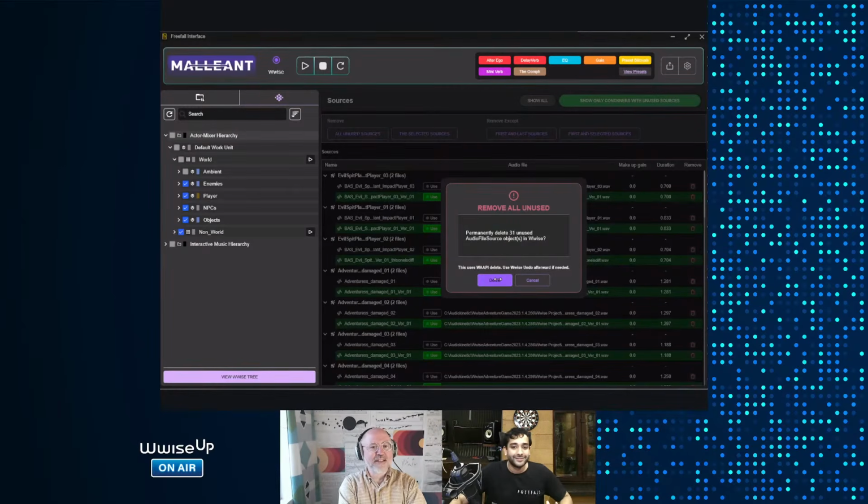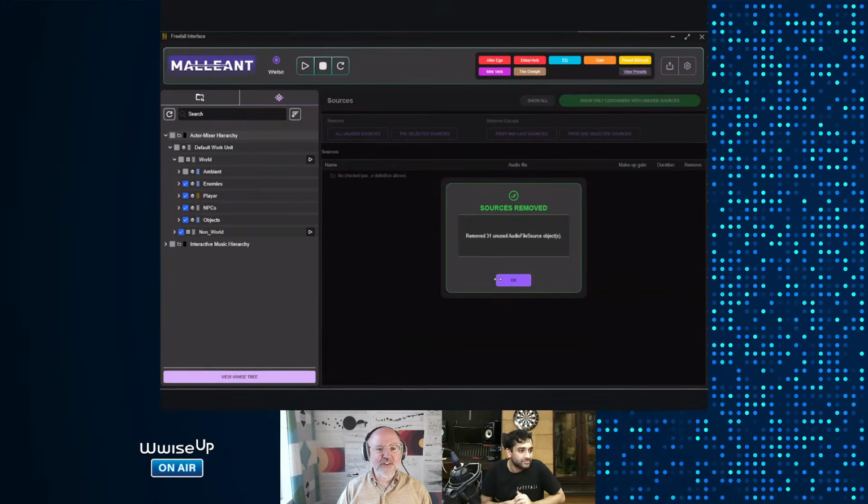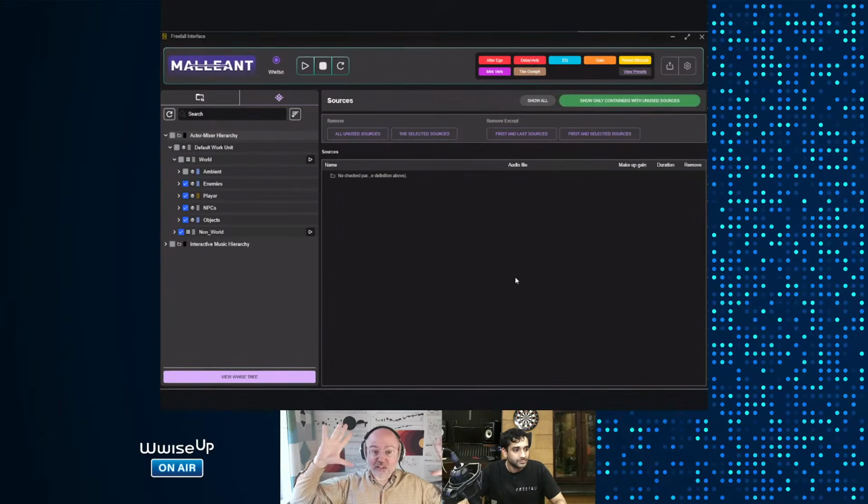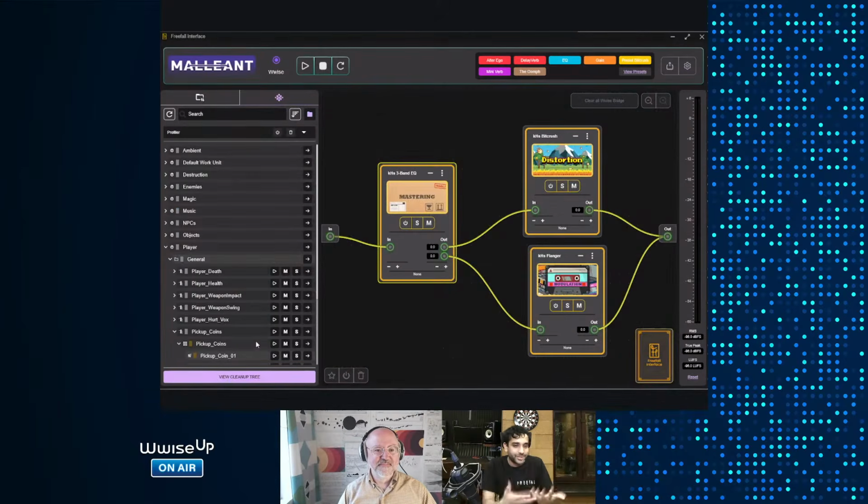And we've all gotten to that part of a project where there is content littered throughout that is unused, and we could really stand some clarity with what's actually being used in the game. So this seems like a great way to get an eagle eye on it and see what you can clean up from that view. And now those unused sources are gone, right? And in that unused sources menu, you could also switch which ones are being used. You can also trigger some to hear them, make sure that's the correct one.